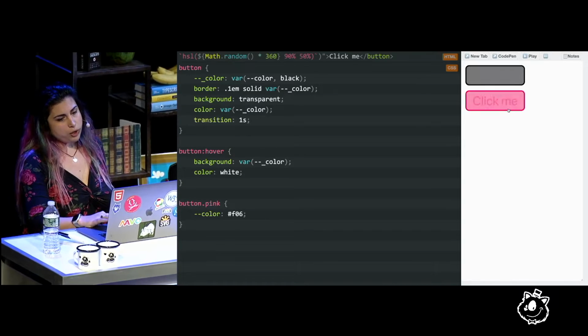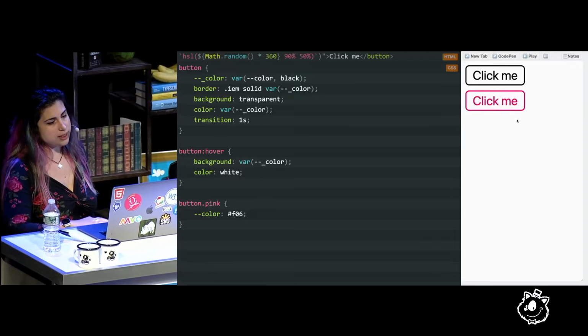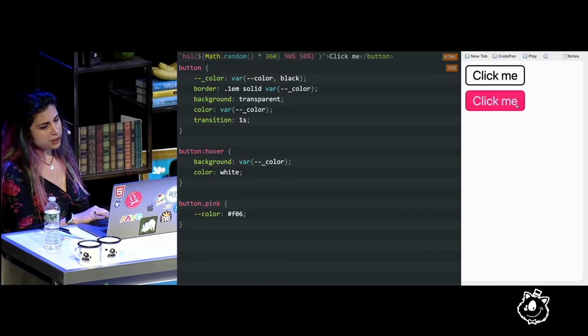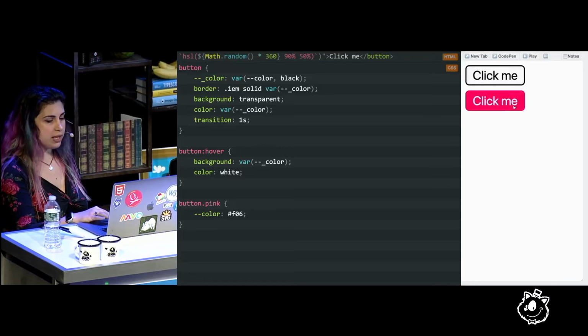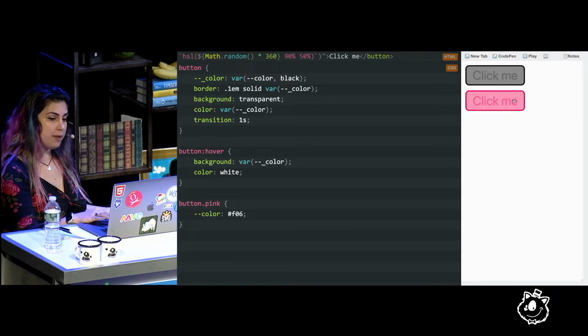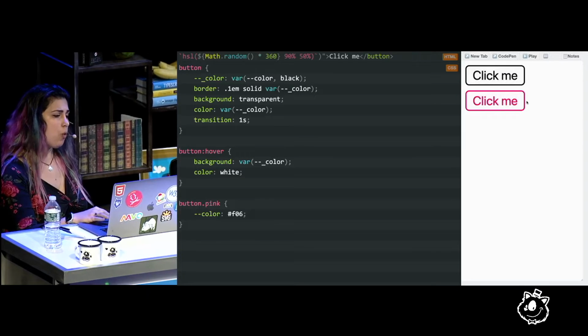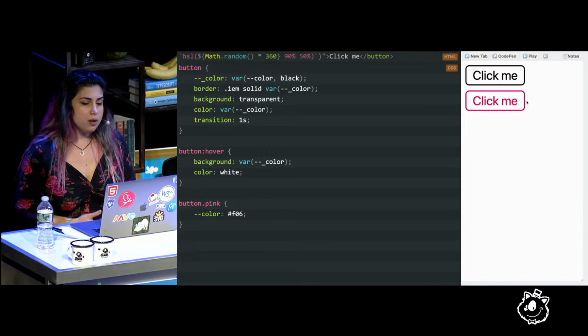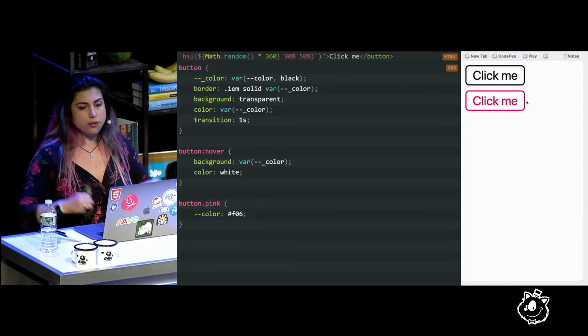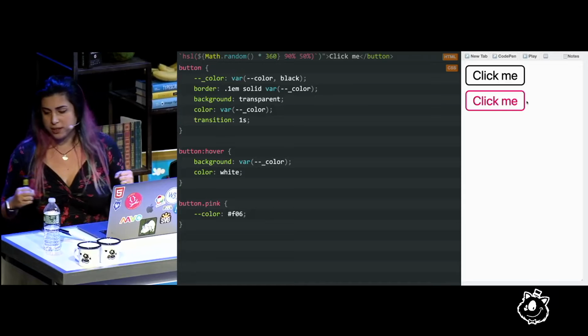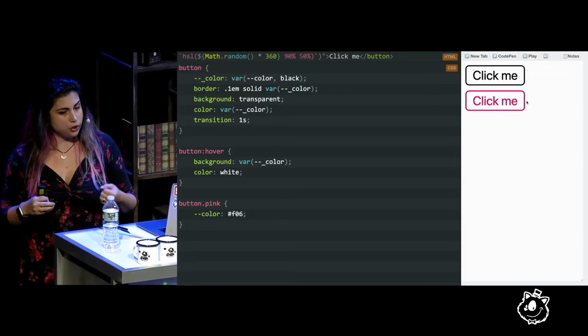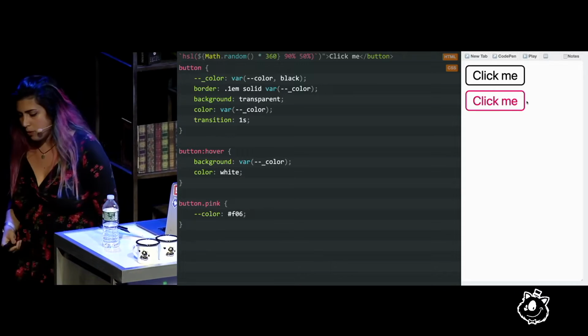So, right now, when we hover over the button, it's completely abrupt. If we add a transition, as you know, it just animates anything it can animate, so it gives us this sort of fade. We don't want that, though. We want a different hover effect. We want the border to sort of grow inwards and have that sort of hover effect.